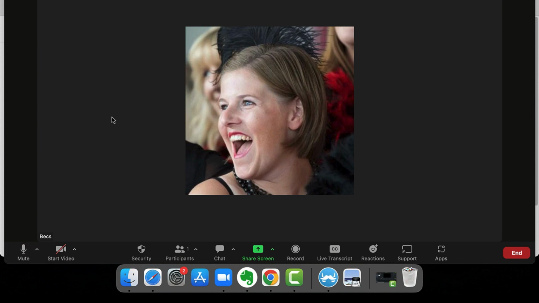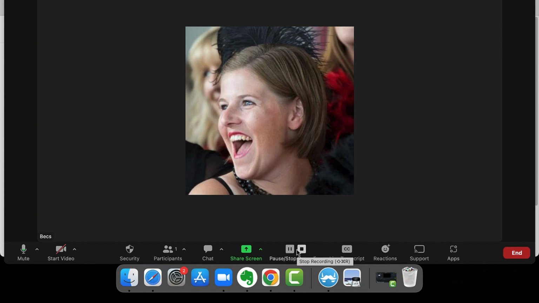So when we're ready to record, mine is automatically set to record to my computer, but when you click on the record button, it should give you the option to either record to the cloud, which is your Zoom account, it will store in your Zoom account, or to your computer. Okay, so if I start recording,